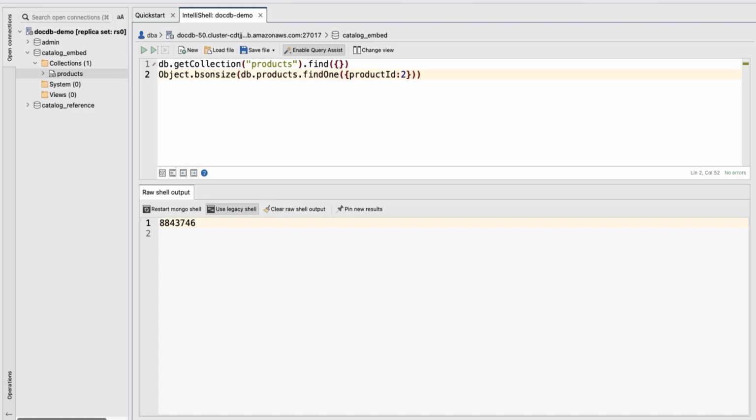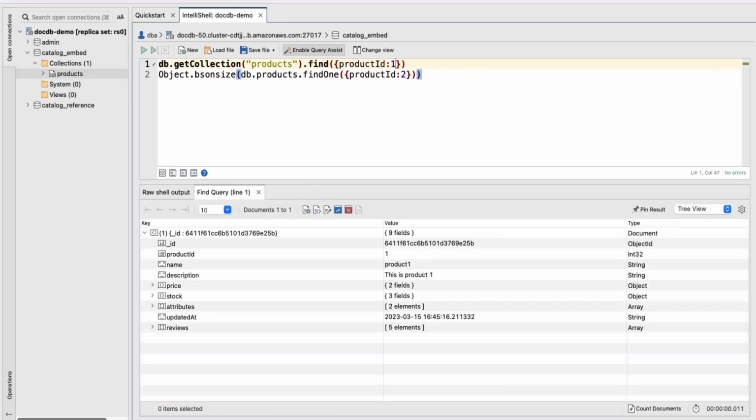Although you can fetch the whole document with a single query, so I can do a find here and filter for product ID 2, the one with many reviews, imagine that that's almost 9 megabytes transferred over the wire from the database to the client.